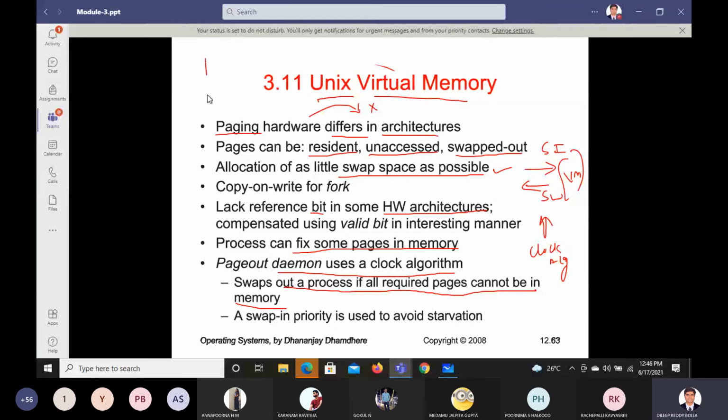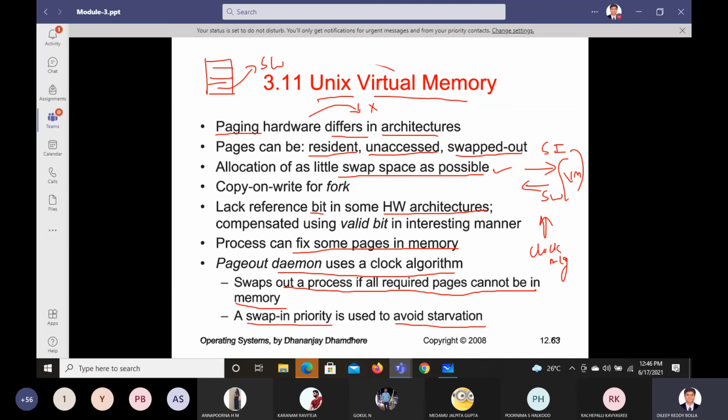If we cannot accommodate everything in memory, you can swap the process out. That possibility is there in Unix. When you come to swap in, priority is used to avoid starvation. Swap in they are not using, but swap out can be used.